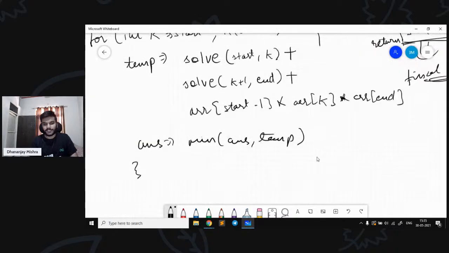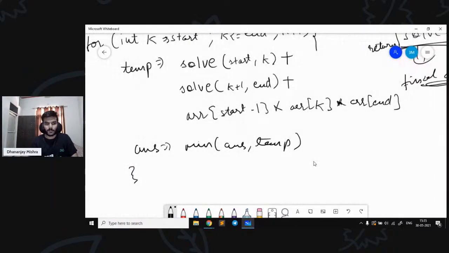I hope it is clear why I am doing answer is equal to minimum of temporary and answer, because after each partition I will get an answer or the cost, but we are not sure whether the cost for the temporary one is the final answer or not. So to ensure that it will be the final answer, I will be doing all the partitions with the help of